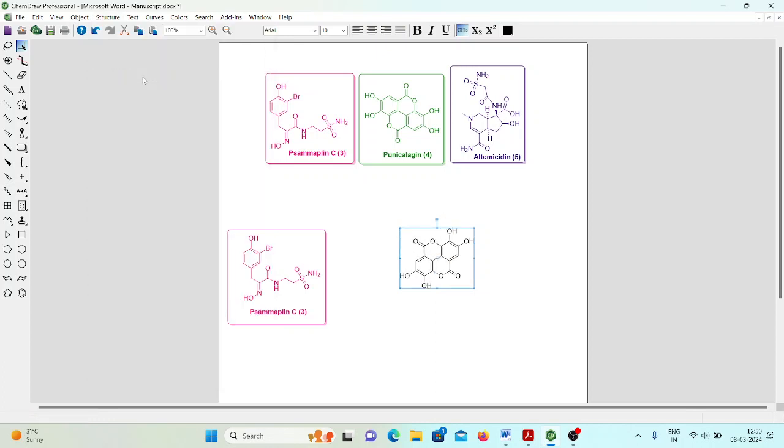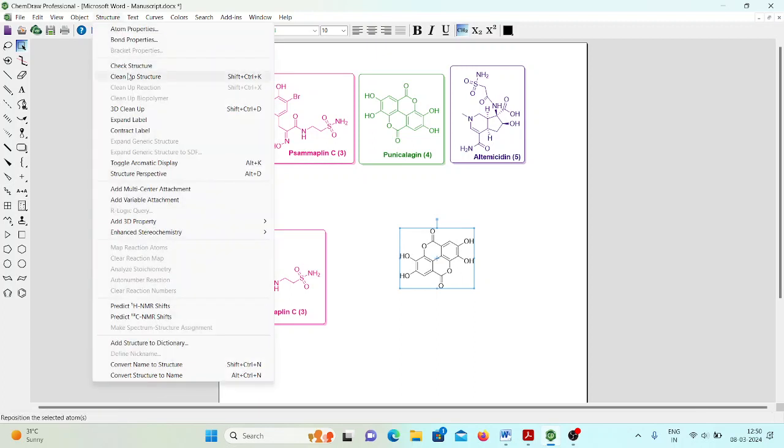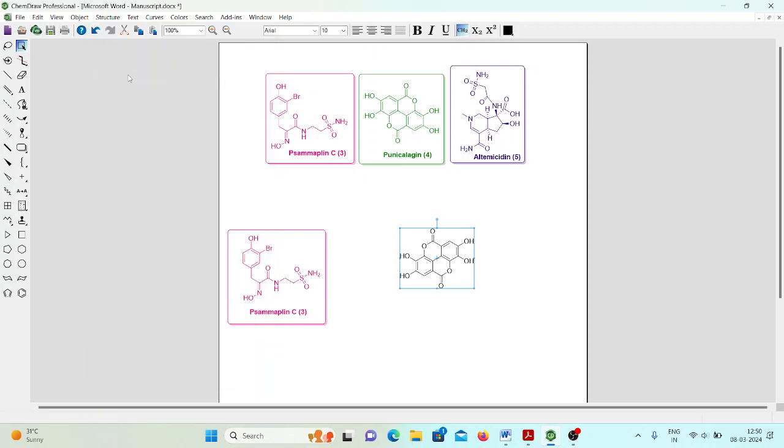Cleanup structure. If you do the cleanup, it will give another kind of structure's dimensions. We can do that also if you need. See this, while you are clicking it is going to be changed. If you need the first one, you can put the first one only, no issue. Okay, give the color,